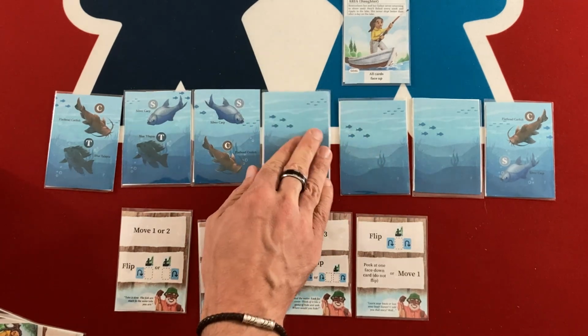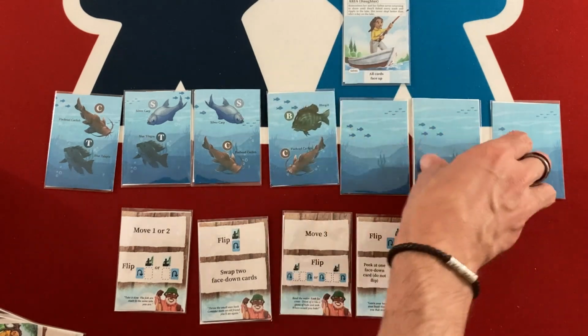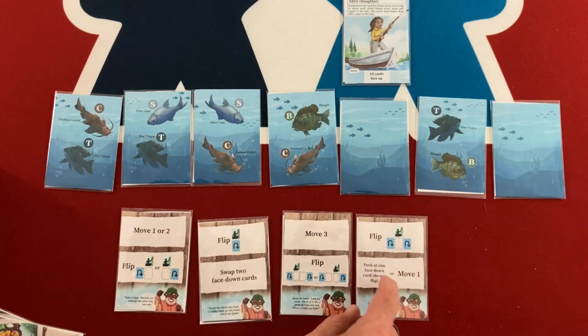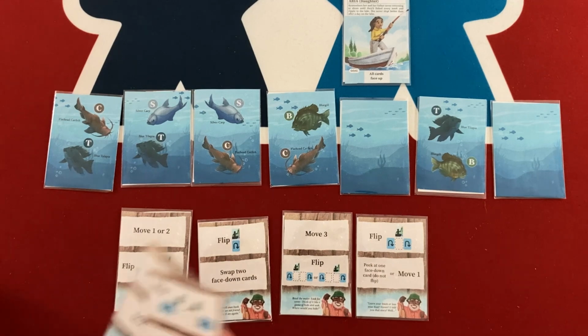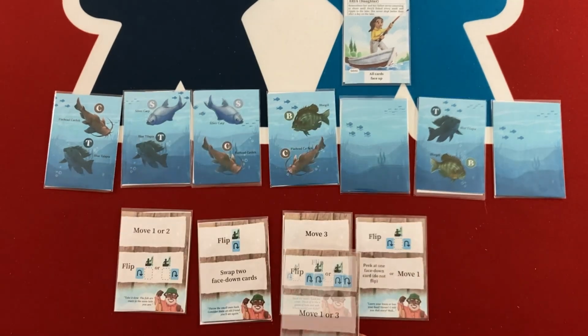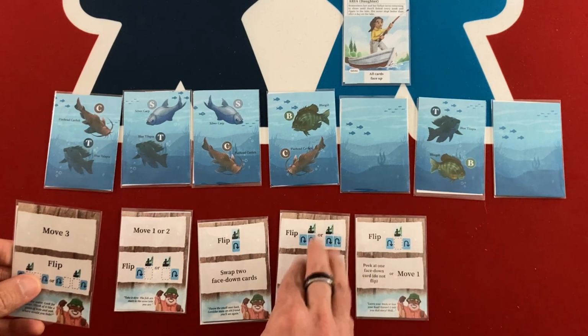Let's see. Let's do that and that. And then we flip that and that. We can either peek at a card or move 1. Do I want to move 1? I don't think I do. Okay. All right, so we are going to the final turn. Great. All right, it took a little while of thinking that I just took off camera, but I think this